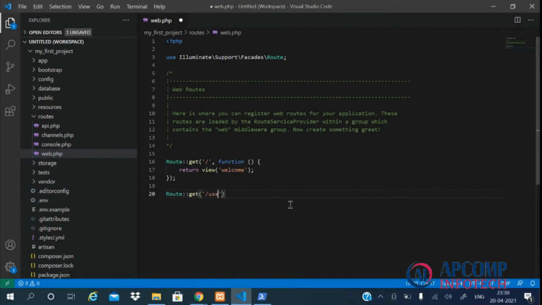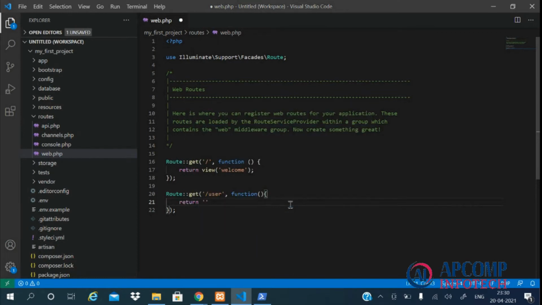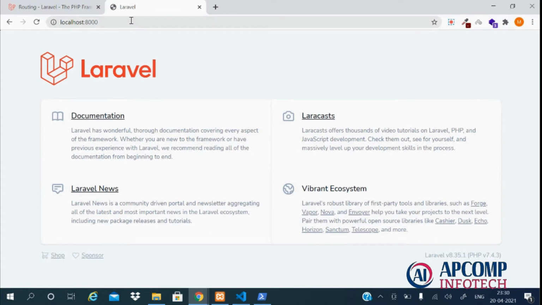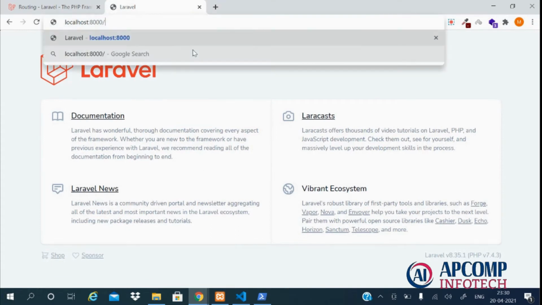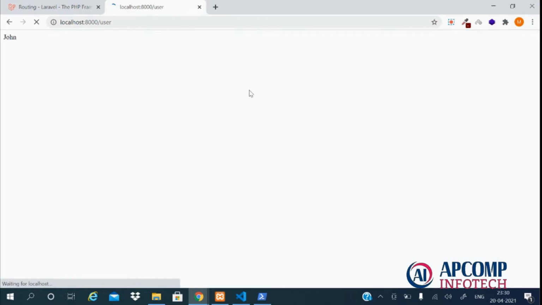Let's say user, and we'll pass a handler function, and let's say it returns a name John. Let's try browsing it. See, we got John here.